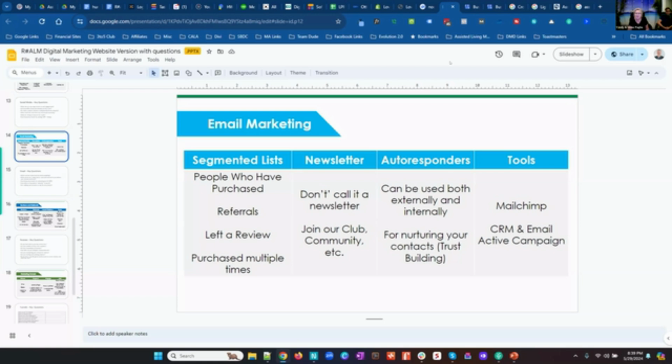So do you think MailChimp, or do you have a better one for CRM and email? MailChimp or Constant Contact. The other one, let me put a link in the chat. This is a fairly new one that's out there, but it's super inexpensive. It's super easy to use, and it does a lot of stuff. It's called System.io,